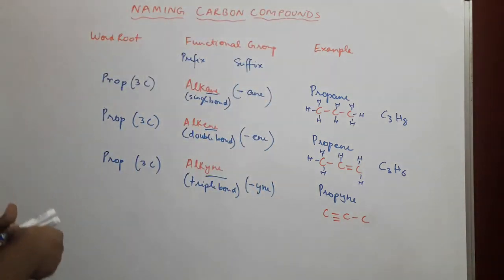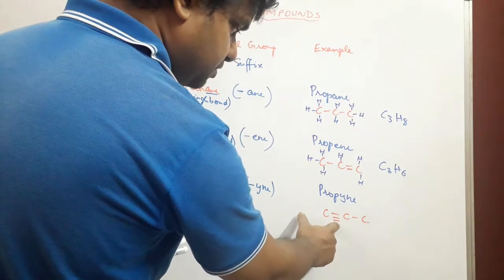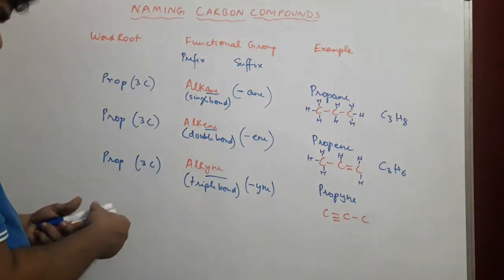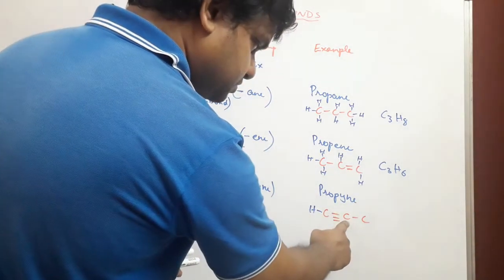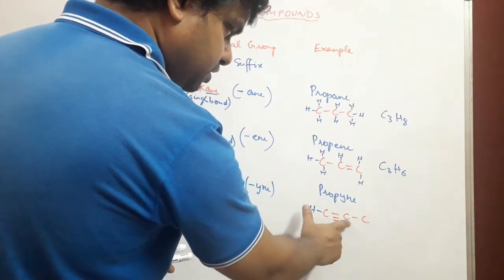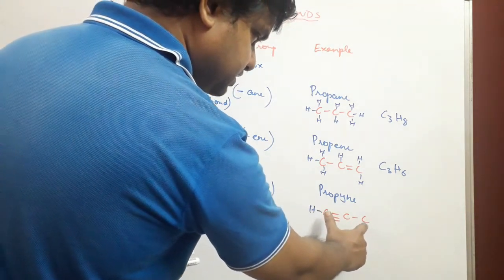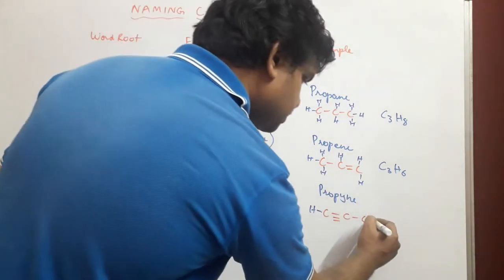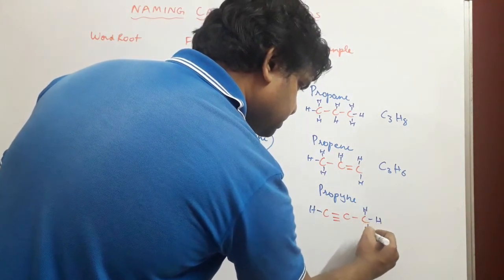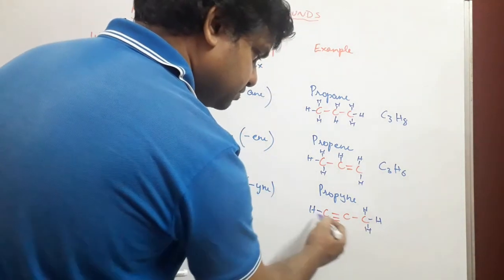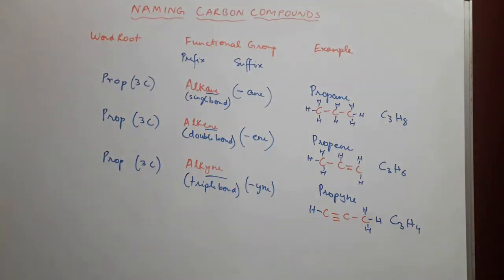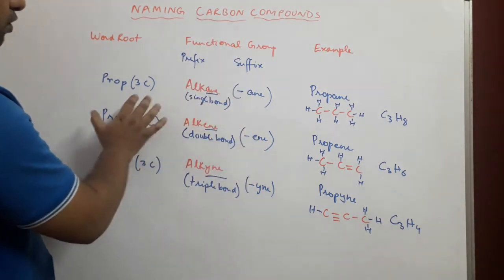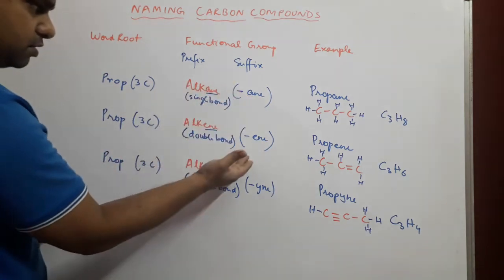Okay, now this carbon atom already has 3 bonds, it just needs one more, so we'll put maybe over here H. This carbon atom has 4 already, so it doesn't need any more bonding to take place, so we leave it over there. This carbon atom has only 1, which means we need 3 more. So 1, 2 and 3. And now if you have a look, there are 3 carbon atoms and 4 hydrogen atoms, so this will be C3H4.